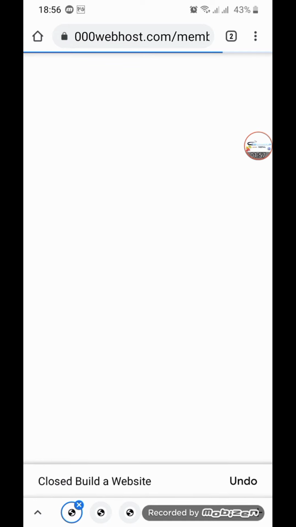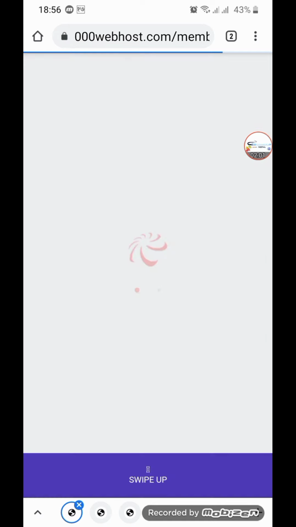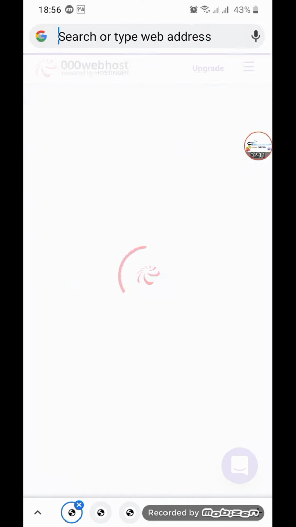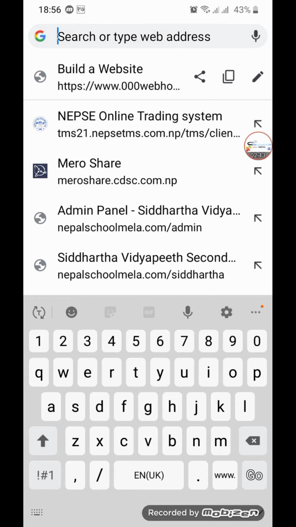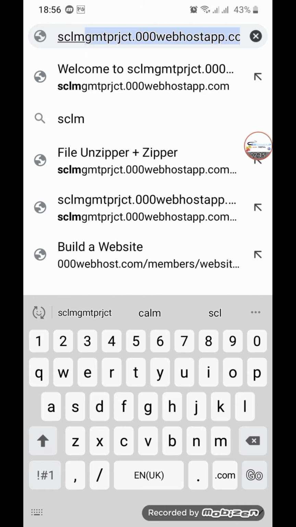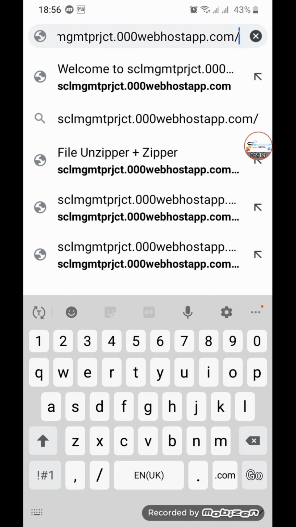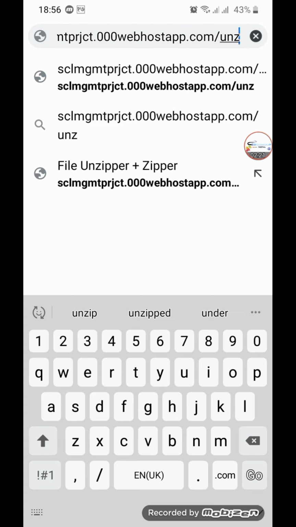Also don't forget, you can see I have not created any public_html folder, so you may encounter some errors. So first of all, we have to upload all these files under the public_html folder. After uploading, you have to visit your site. Sorry, you have to visit your URL. Then you have to add slash unzipper.php,